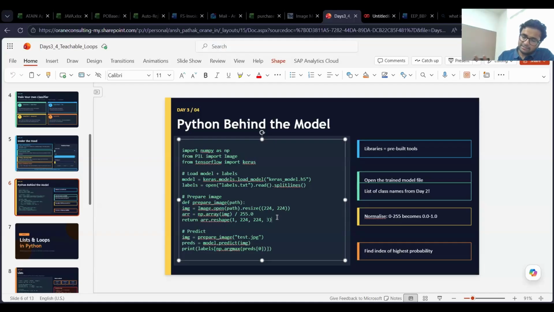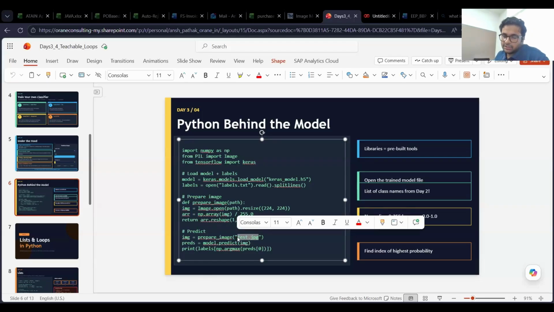Unless I call that function, it's not being used. Whenever I use a new image to test my trained model, I'll give it a particular path. For example, if I have a test image in my notebook, I'll give it that path, and then it will make a prediction as per the labels that I provide.